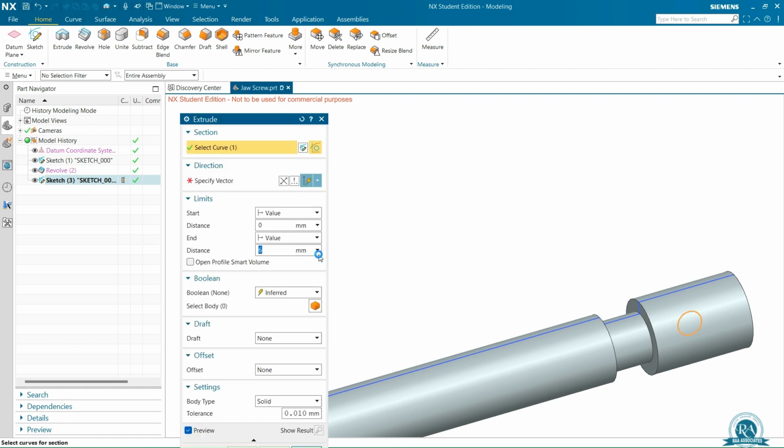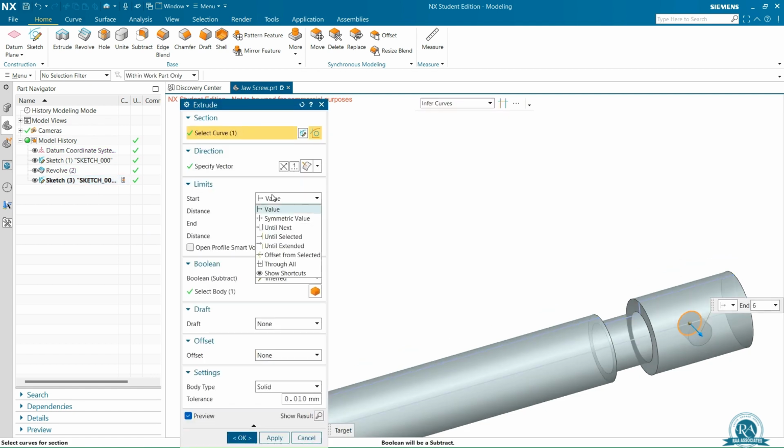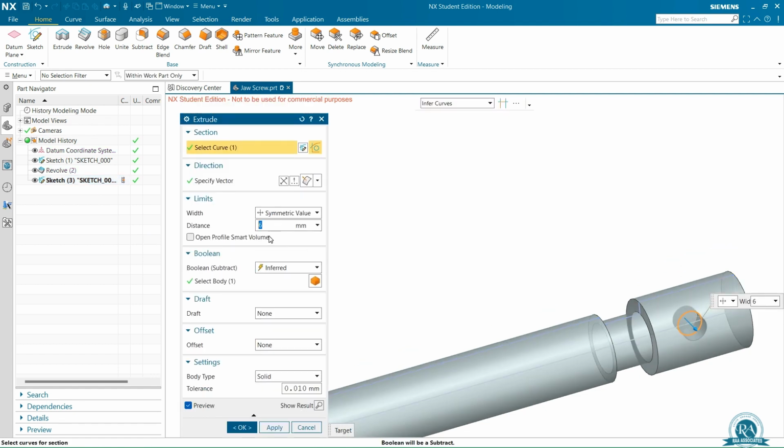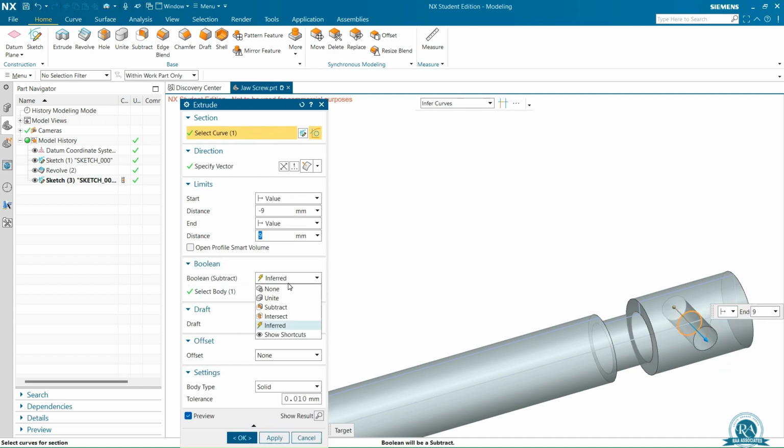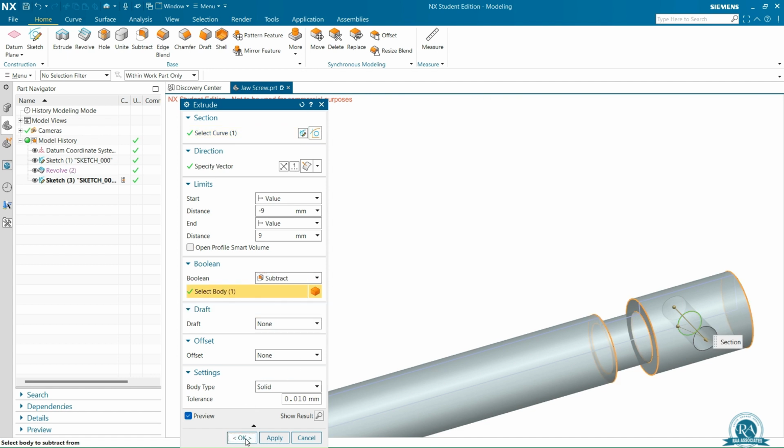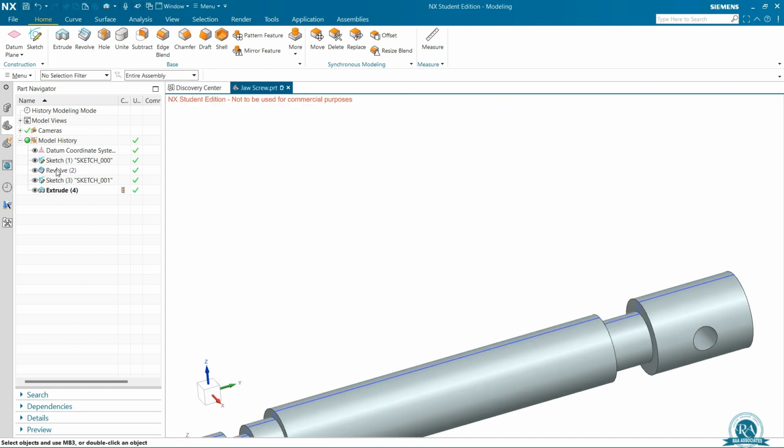Select extrude, select symmetric value, enter distance 9, change to value, select subtract from the Boolean operation, say OK, hide the sketches,